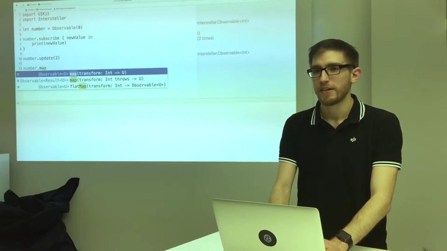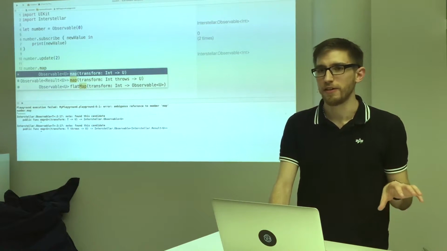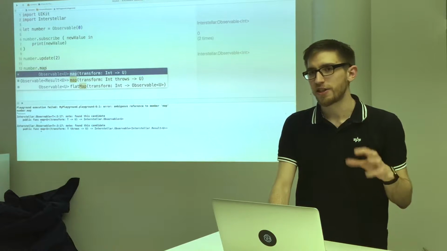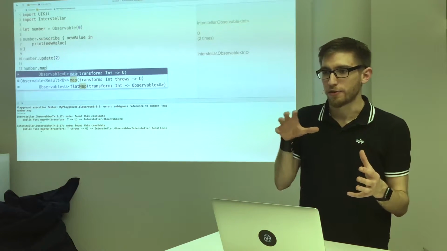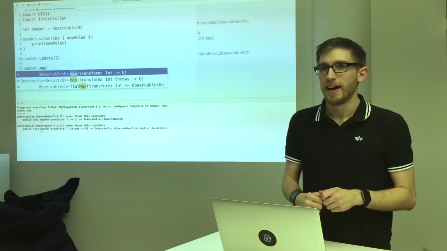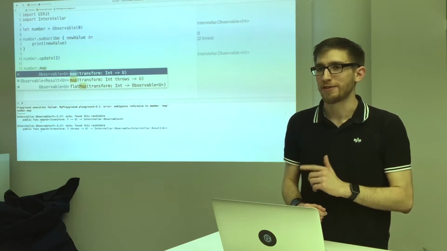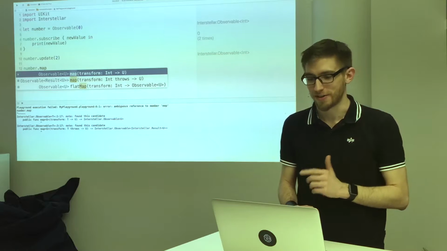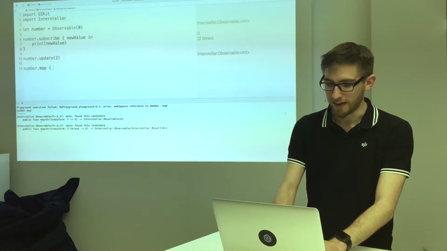So let's do a map. A map is, for those who have only seen it on arrays so far, basically a generic term in functional programming. It's a box of something: you grab inside of the box, you apply a function to it, and then you put it back in the box. Which works for arrays, and works for optionals. If you haven't used map on an optional yet, you really missed something in Swift, so you should take a look at that. So we map, we have the value,